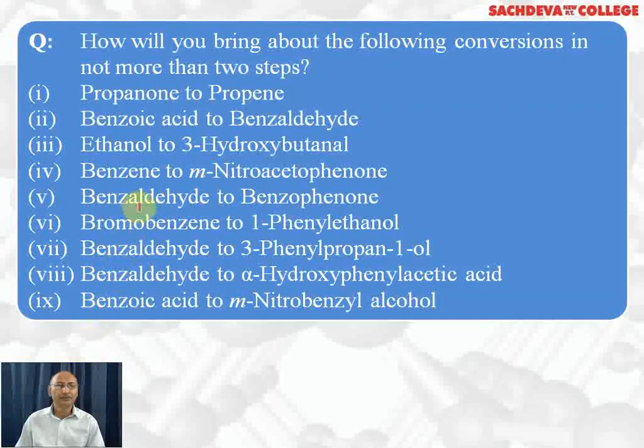Let's continue with more questions. How will you bring about the following conversions in not more than two steps? First, we want propanone to propene, benzoic acid to benzaldehyde, ethanol to 3-hydroxybutanol, benzene to metanitroacetophenone, benzaldehyde to benzophenone, bromobenzene to 1-phenylethanol, benzaldehyde to 3-phenyl propane-1-ol, benzaldehyde to alpha hydroxyphenyl acetic acid, and benzoic acid to